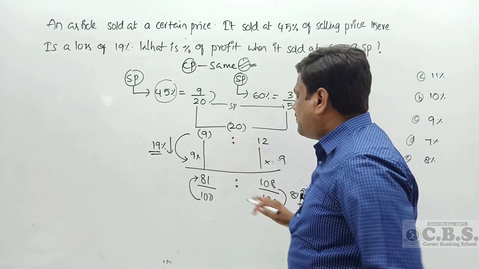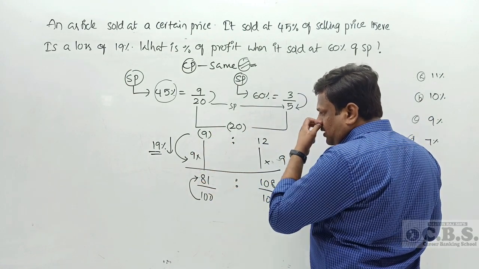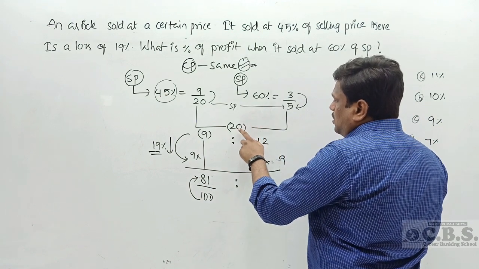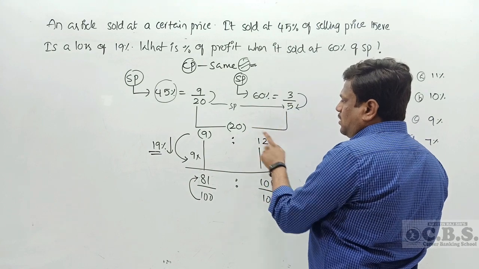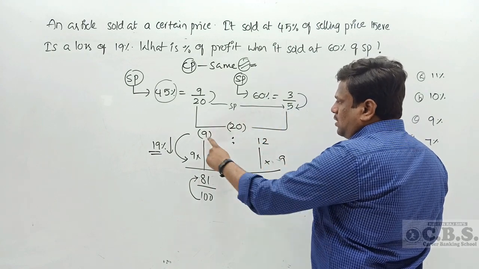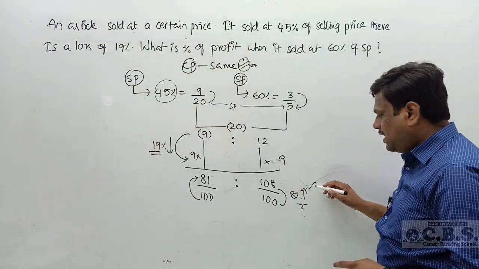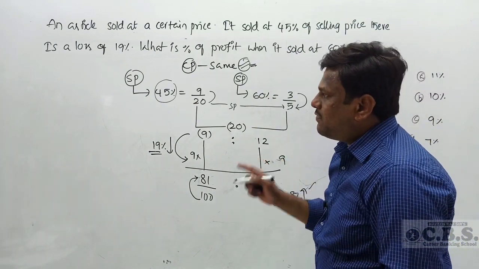The actual selling price is 20, but in the first case it sold at 9 parts. With 9 parts, you get how much loss? 81, so a 19% loss, and the selling price is 81 rupees. So 20, how many times to get the table of 5? 4 times. So 4 3s are 12. When we solve, 12 parts means 9 9s are 81, 12 9s are 108. How much above 100? 8 rupees. So therefore 8% is the profit. This is the modification happened from the selling prices.